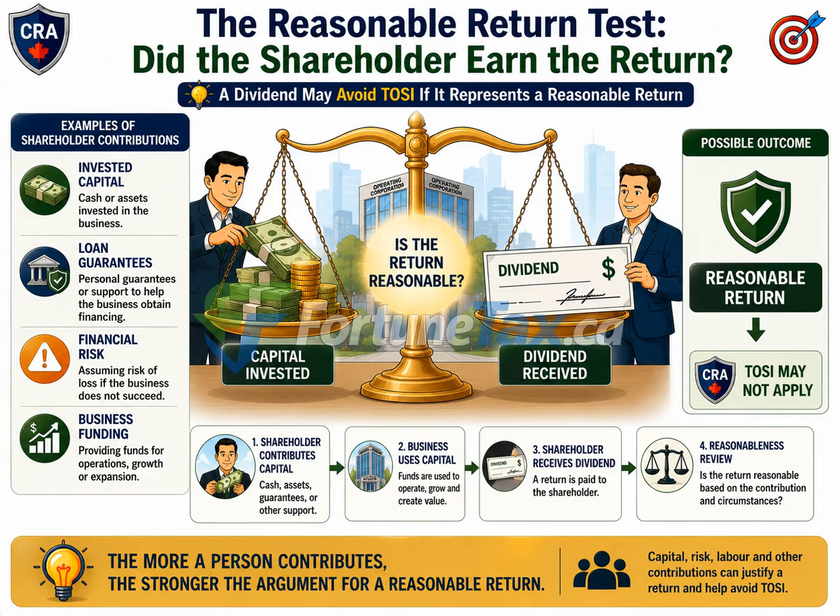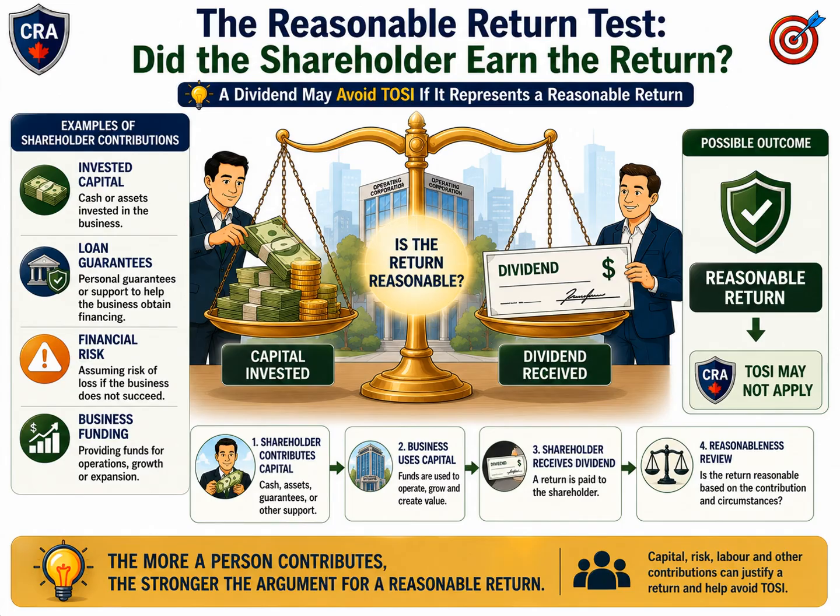The stronger the contribution, the stronger the argument that the dividend represents a reasonable return. Conversely, if very little was contributed and a large dividend is received, the CRA may question whether the return is